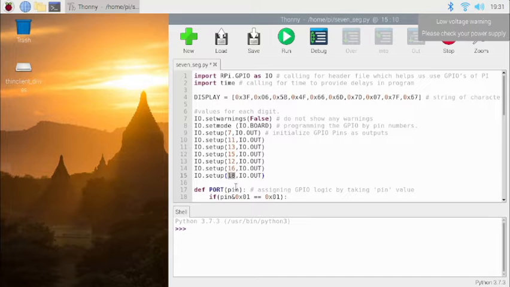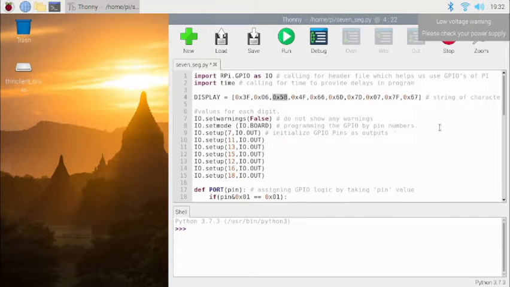So what we are doing in the program: first we will import two libraries, then we will create a lookup table, or you can say it's a list. In Python we can define a list using this type of syntax, right? So actually display is a list. If I want to access the first element, then I can simply write display of 0; display of 1 means 06, display of 2 means 5b.